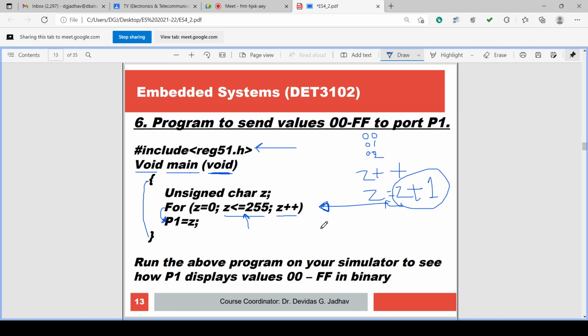So what will be there on port 1? Whenever the 0 is outputted, port 1 will be 0 0 0 0 0 0 0 0, isn't it? 4 zeros and 4 zeros.